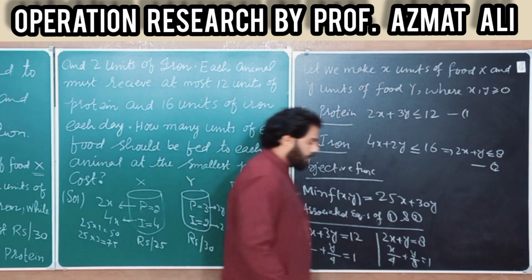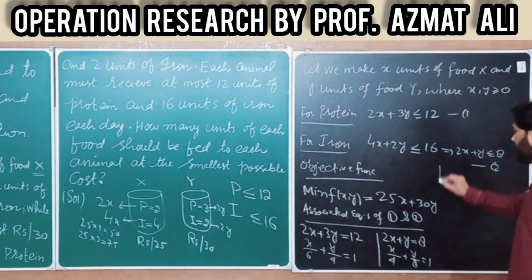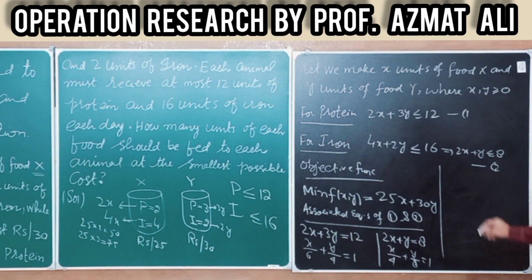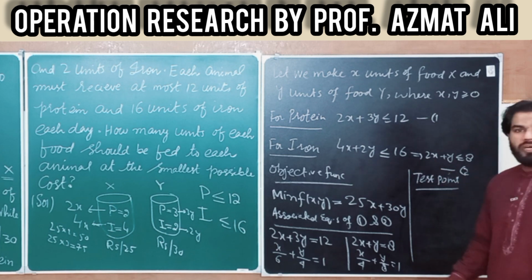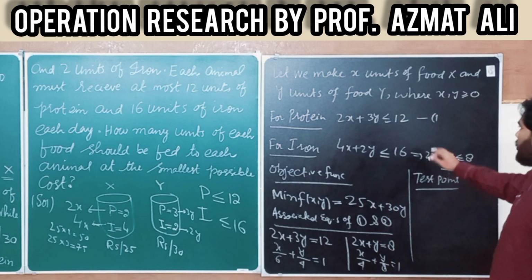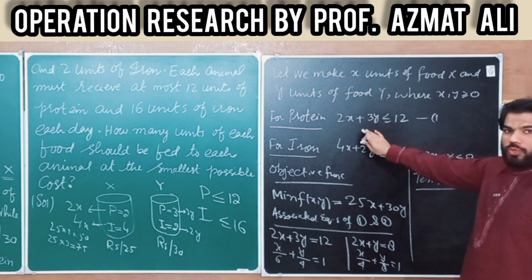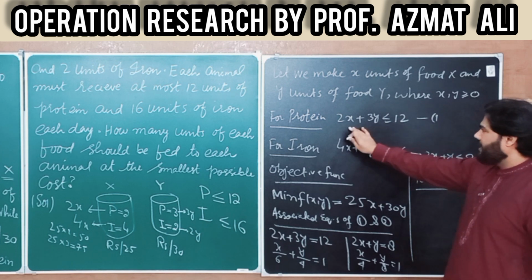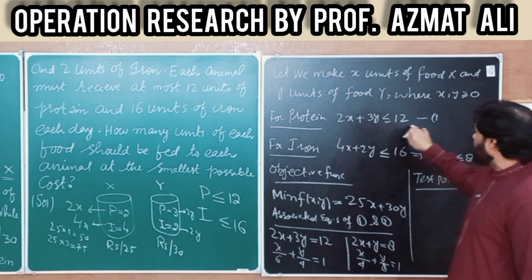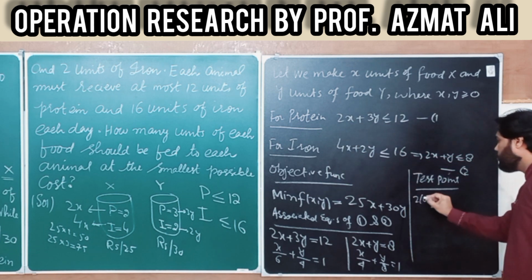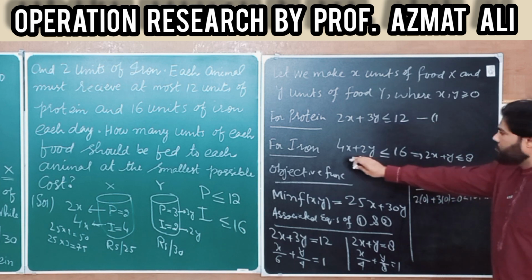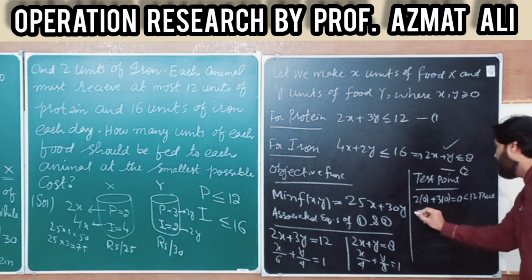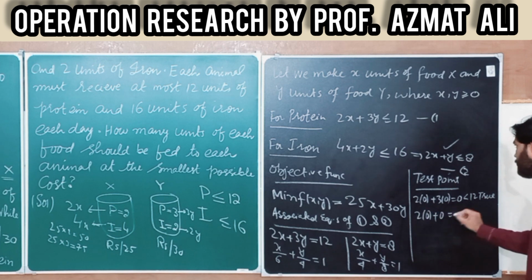Next, I take a test point, which is also called a reference point. Usually we take 0, 0 as the test point, by putting x equal to 0, y equal to 0 in both inequalities. When we put x equal to 0, y equal to 0 in 1, we get 2 into 0 plus 3 into 0, which is equal to 0, which is less than 12. This is true. In the similar way, when we put x equal to 0, y equal to 0 in the second inequality, this also becomes true: 2 into 0 plus 0 is equal to 0, which is less than 8.